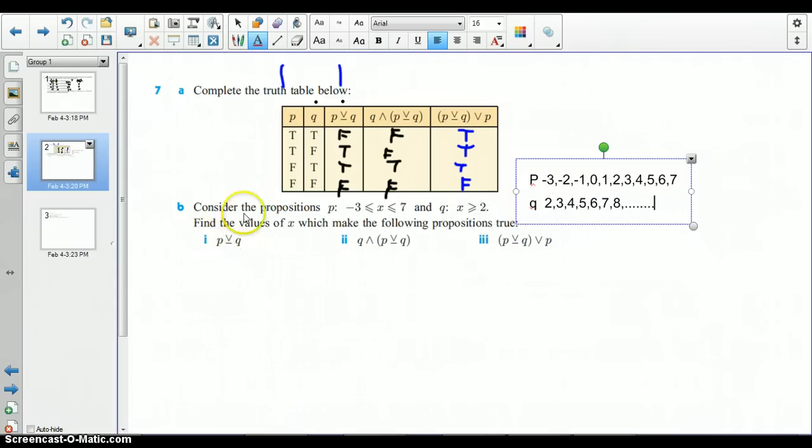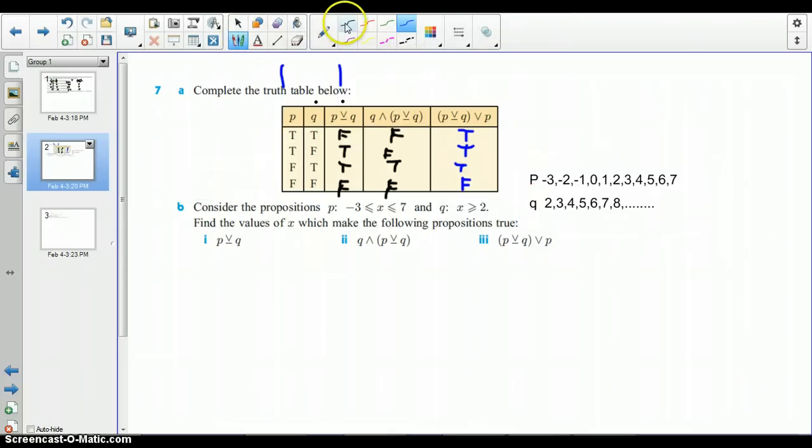So now the exclusive disjunction is when only one of them is true. So let's look at this here. When we start at P, we're going to go from -3 all the way to 7. And Q starts at 2 going all the way to infinity. What numbers do they share in common? 2 through 7. So now the x values that make it so that only one is true, not both,